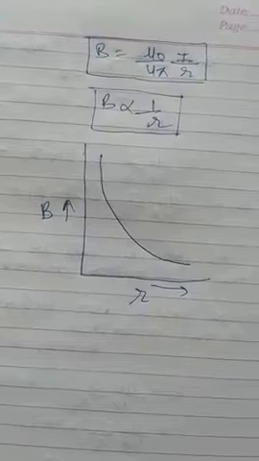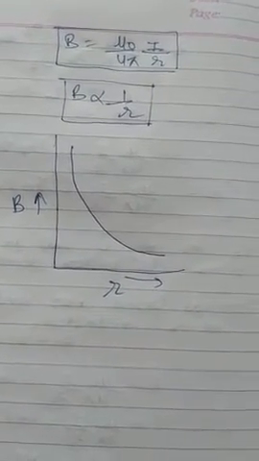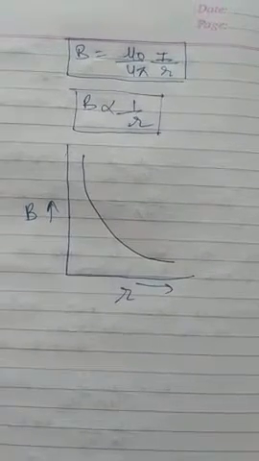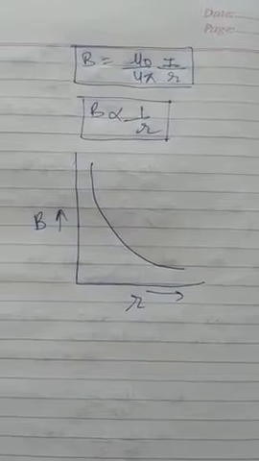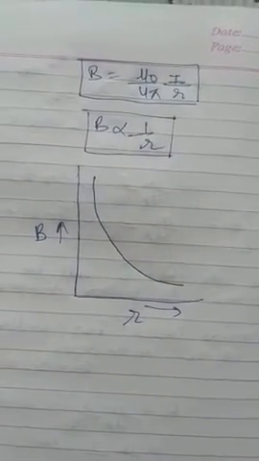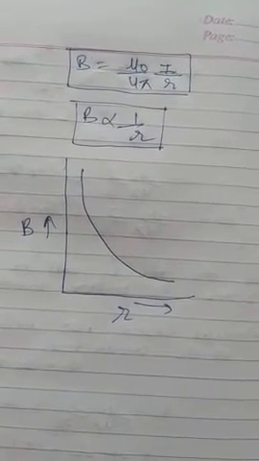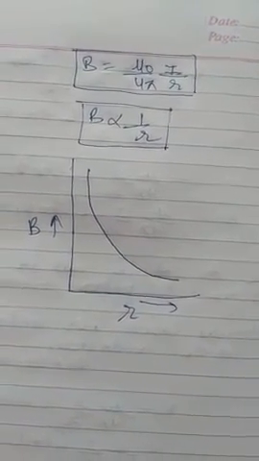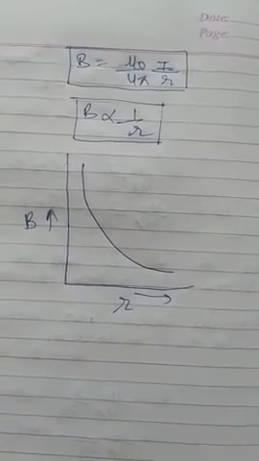In the next lecture we will discuss the magnetic field at the axis of a current carrying circular loop. Clear? So I hope the derivation is clear to you. Go through one more time, it will become more clear to you, and definitely one of the derivations will be asked in the board examination. This year you have a lot of derivations, so out of that at least 2 or 3 will come. So practice the derivations also.